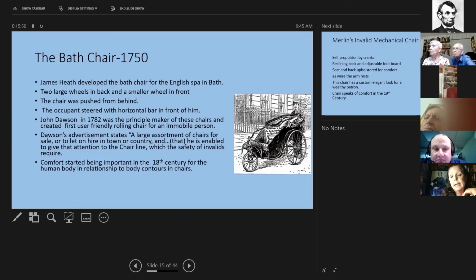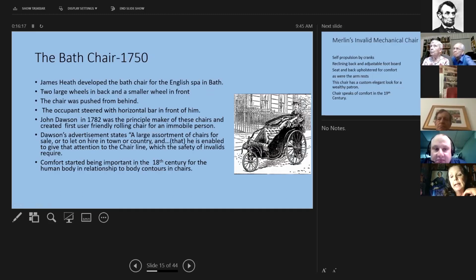Now, here is the bath chair, and James Heath developed the bath chair for his English spa in Bath, England. And it had two large wheels in back and a smaller one in front. And the chair was pushed from behind.